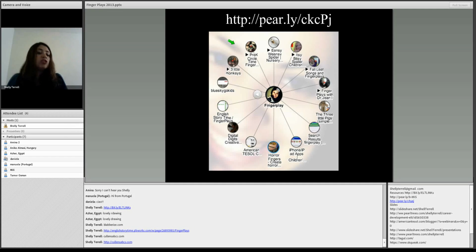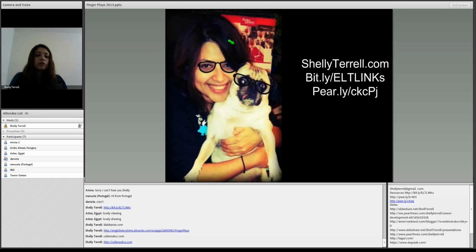And you can use it to teach them letters. You can have it where they're writing letters, where they're doing numbers. So it's really great for them to be able to visualize the different types of letters and numbers. You can have finger measure